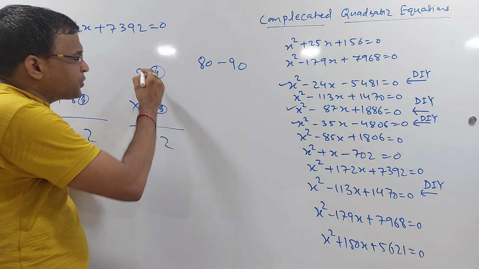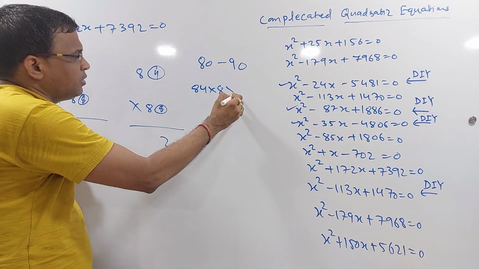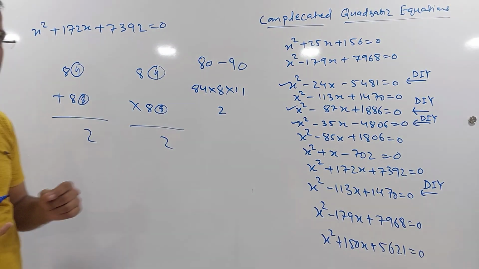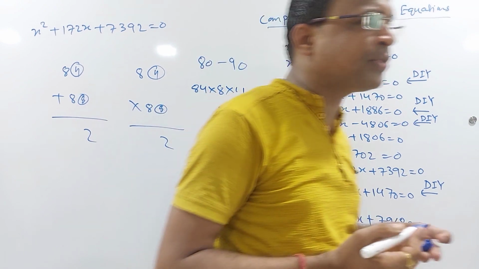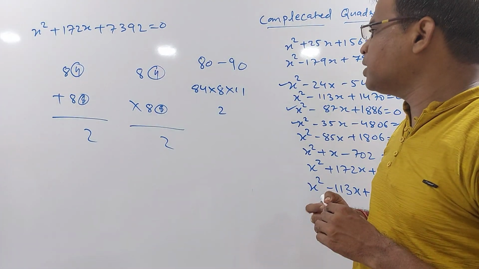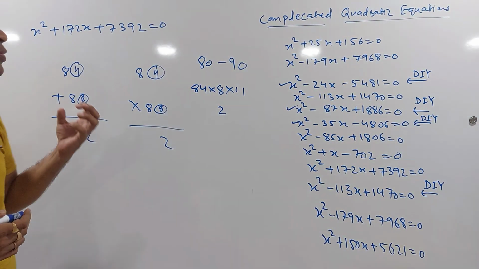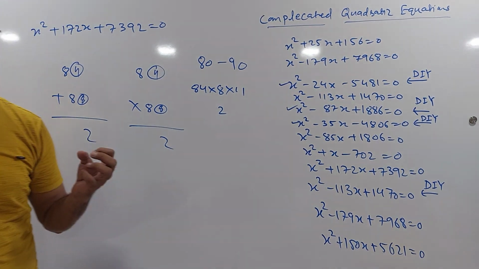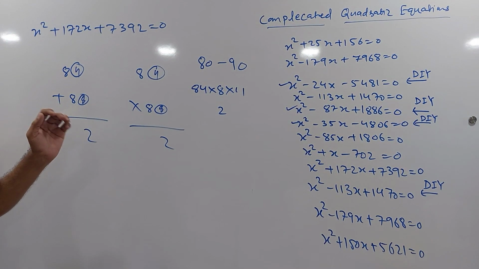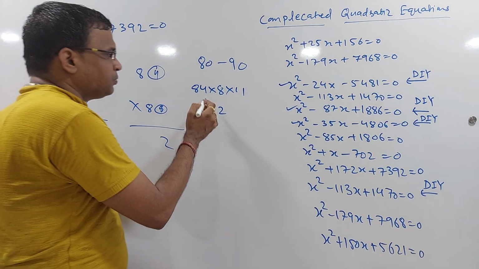As far as the product is concerned, quickly I am doing this. 84 into 8 into 11. See, Vedic maths is very, very important. You guys who are pursuing all these competitive exams should be very much sure about Vedic maths, because that will really help you to crack the question very quickly. I have lots of Vedic maths tricks and I used to use those to get my answer quickly.